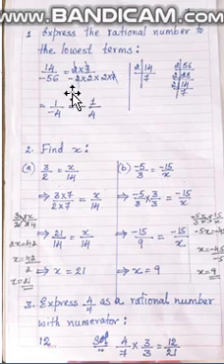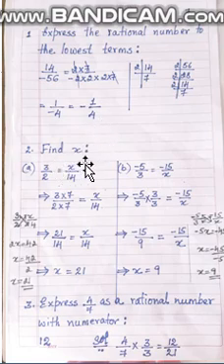There is a negative sign. Write it in the denominator. 2 in the numerator and the denominator gets cancelled. 7 in the numerator and the denominator gets cancelled. What remains? 1 in the numerator and minus 4 in the denominator. To write it in the standard form, I need to bring the minus sign to the numerator. So it's minus 1 by 4, which is a rational number in the standard form.